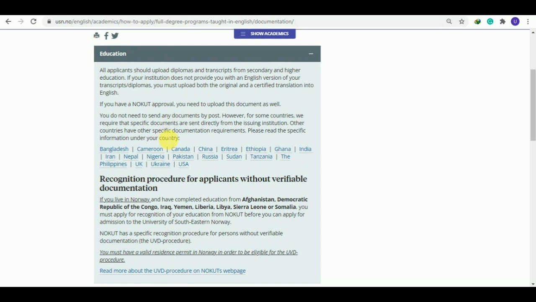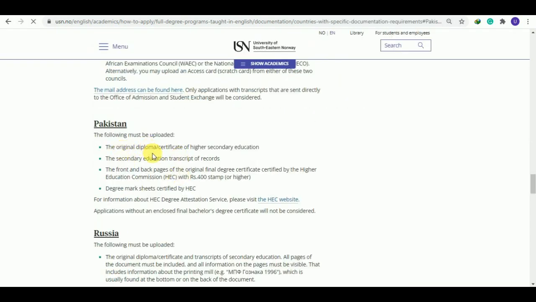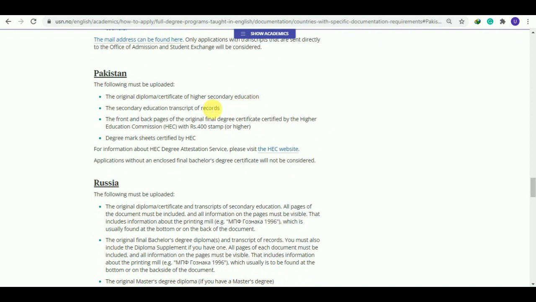And there is a country specific requirement. If you fall in any of these countries, then you have to click on your country and check your requirements. For example, I'm applying as a Pakistani candidate, so I will click on this option, Pakistan, and there is a specific requirement for Pakistan: all original documents, the original diploma, certificate of higher secondary education, meaning 12th year of education, and secondary education transcript of records.